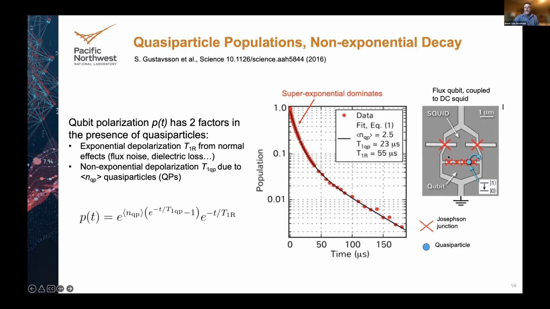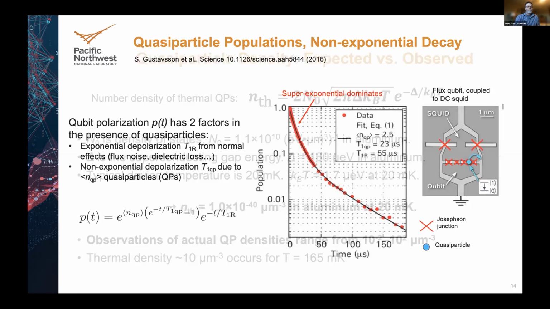You can see that in the plot. This is actually a flux qubit. I said all mine were going to be charge qubits. I lied. This is the one flux qubit dominated by quasi-particles. There's the normal exponential part out here at high times. It's a flat line on a log plot, but you see it kicks up. The low times are where you're dominated by quasi-particles. And whereas you might have expected a coherence time of 55 microseconds from normal sources, the coherence time of this device is actually more like 10, limited by the quasi-particles, which remember are just individual free electrons.